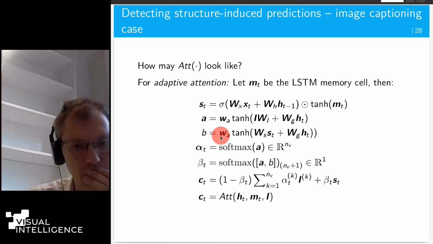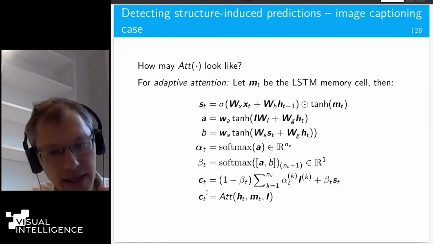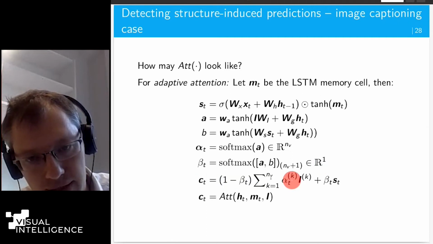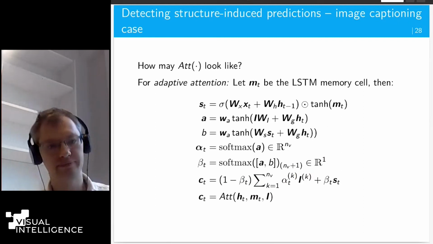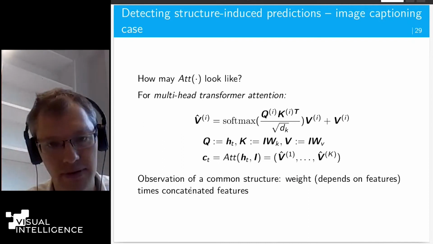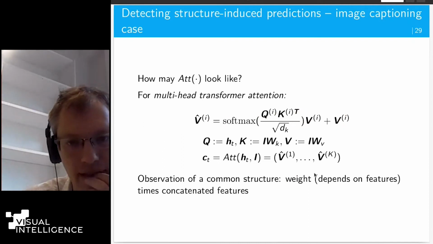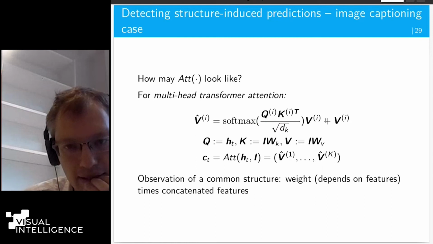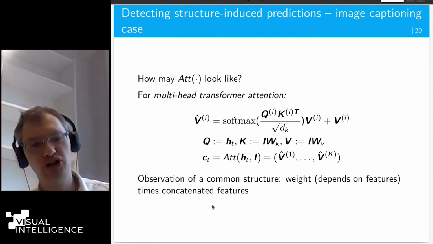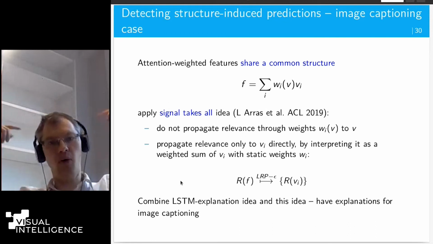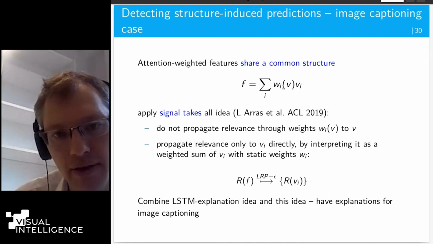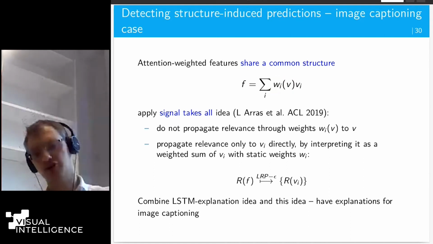If you look at these attention models, they look very complicated. But in the end, the attention model, the outcome of a vector, is a weighted image feature map. This is for adaptive attention. If you look at multi-head transform attention, you have a different formula. But in the end, again, it is a weight, this plus 1, times a spatial image feature. So in all the cases, these attention models are just weighted image features, CNN